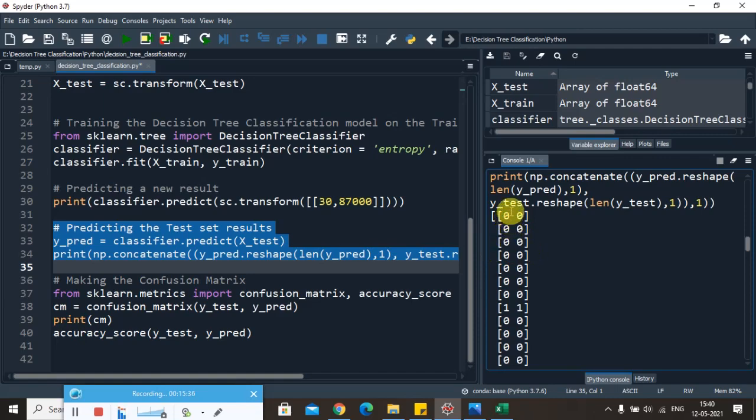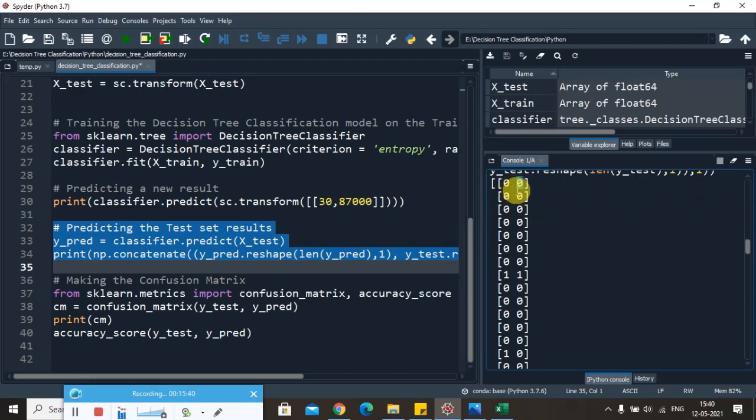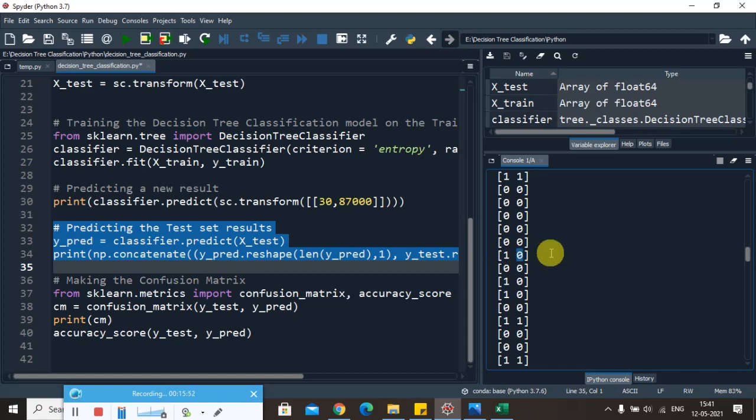Okay, so this is the predicted result, this is the test result. So you can see so far it is giving very correct answers. Okay, so predicted is 1, even the test result is 1. So the results are good here, except a few results where it's telling the person is going to purchase a car, but as per the testing result he has actually not bought the car. Okay, there are a few wrong predictions and most of the predictions are right here.